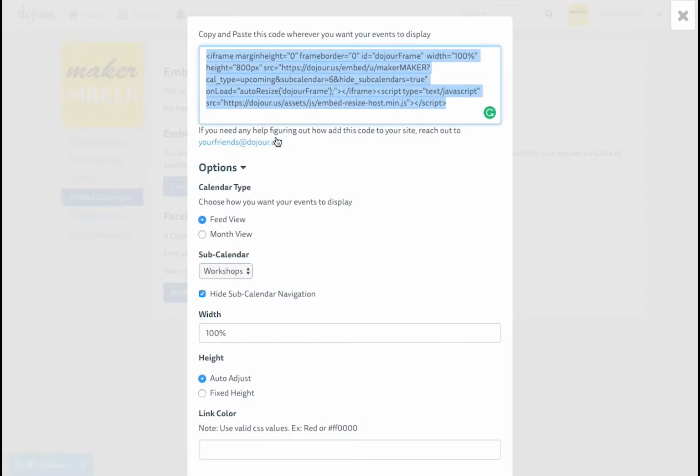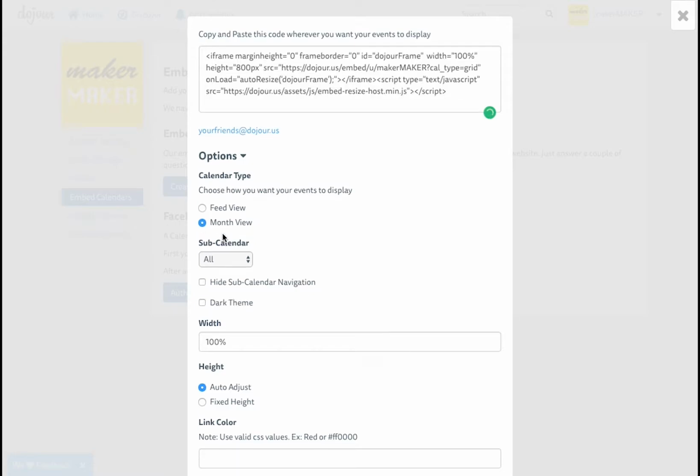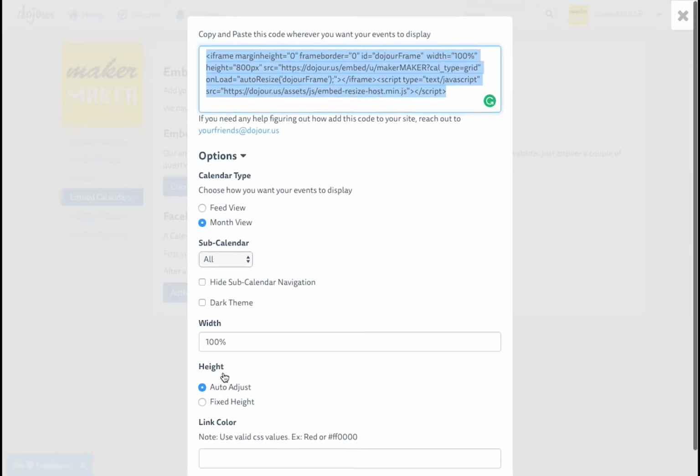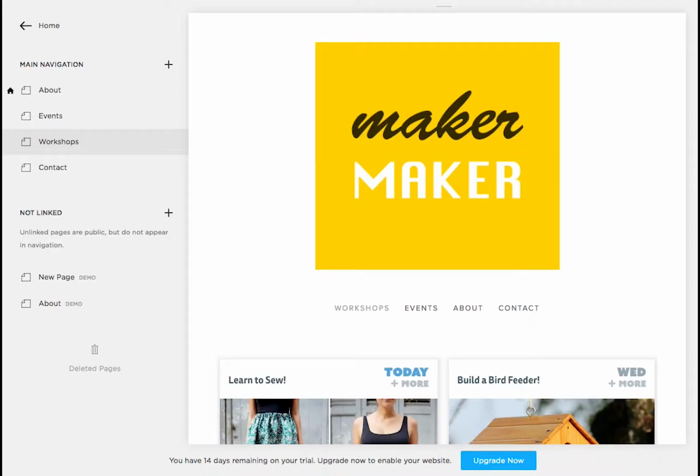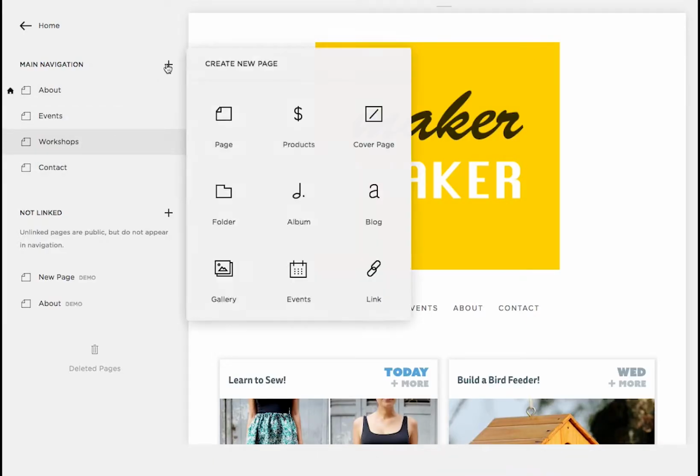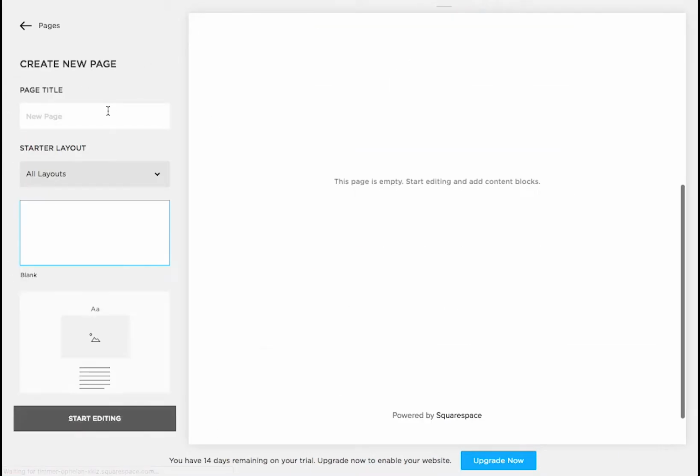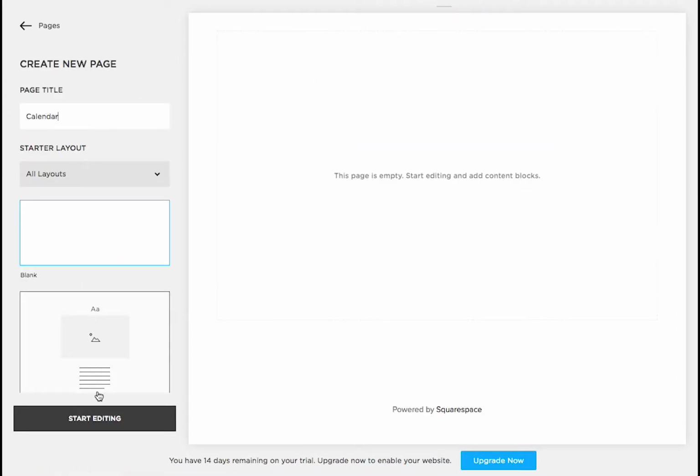All right, now let's say we want to have the full month view with all of the events. This time we do want the navigation, so I'm going to uncheck that. I'm going to click month view, and then we just copy this code again, and that's fine. So we just copy and paste that code again, create a new page. We're going to call this one calendar this time. It's going to have everything, so we just start editing